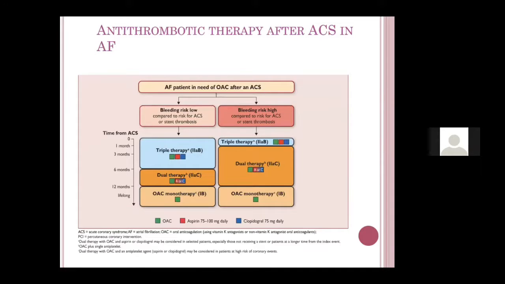Now, suppose a patient with acute coronary syndrome has atrial fibrillation, how do you manage? This is very important, because many patients who have MI also have atrial fibrillation. What we have to do is give triple therapy, like dual antiplatelet therapy with a third thing, anticoagulation. And then after 1 month, we have to stop one of the antiplatelets, and continue the single antiplatelet and anticoagulation. However, if the AF is short lasting, less than 1 month, then you can stop the anticoagulation and just continue only the dual antiplatelet therapy.